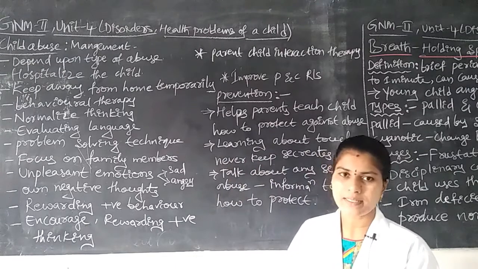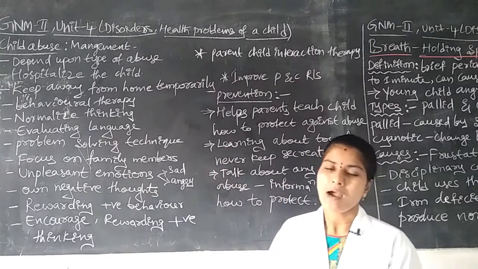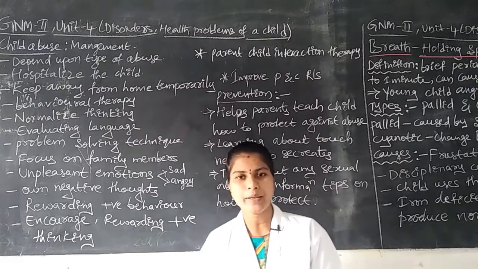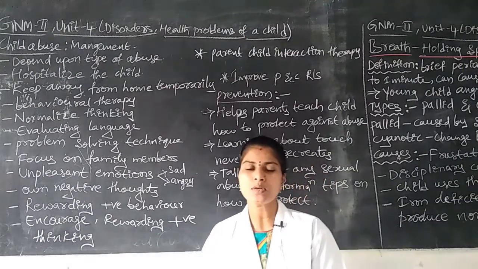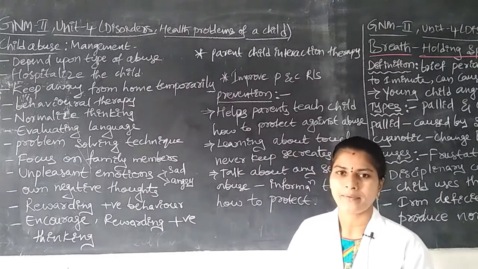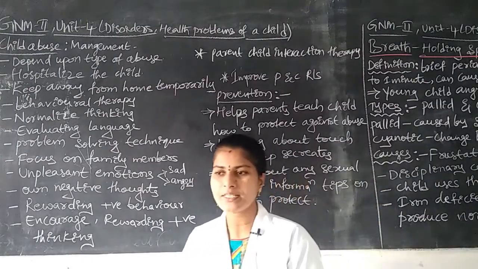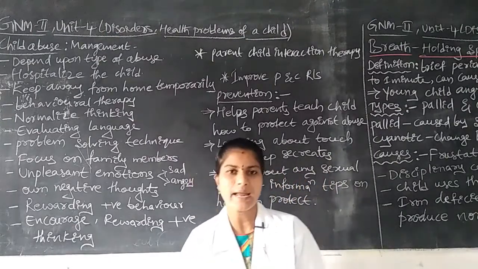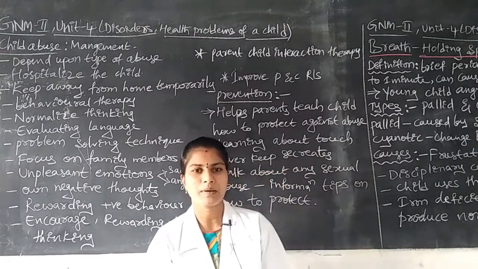Okay, the problem is this. Sometimes the friends will be harassing me or some other persons will be harassing me, like that the child will open up in front of the parents, when the parents give freedom to the children. When the parents give strict rules or regulations to the children, the children will not open up. Okay, next one is talking about any sexual abuse. Any sexual abuse or any problem, that will be asked regarding the child. Okay, if there is any problem, we have to reduce the problem immediately.